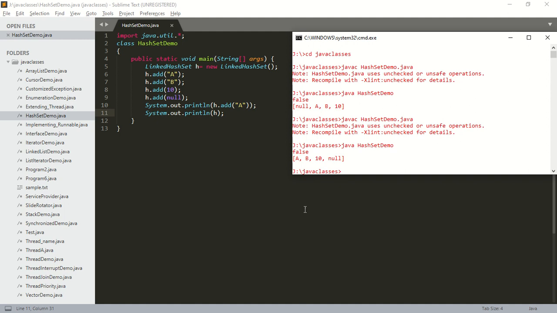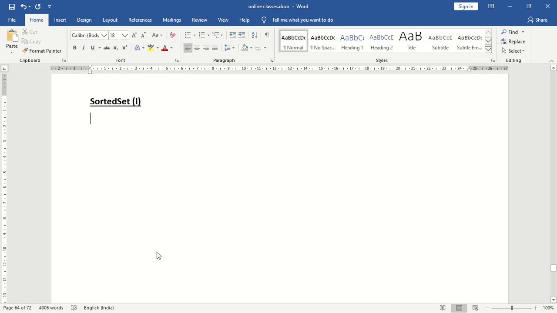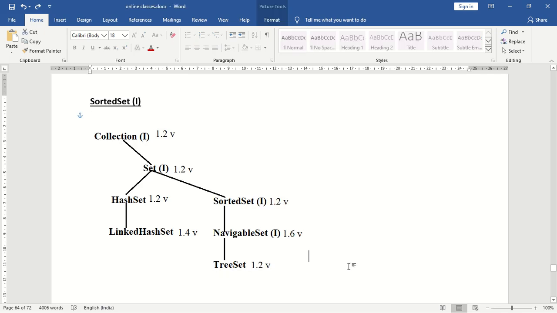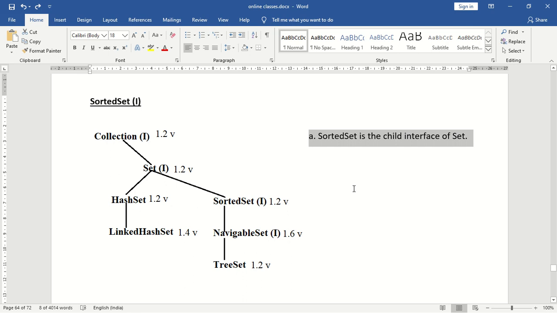Okay. Next we have to see what is a sorted set. So consider this diagram. What is a sorted set? Sorted set is a child interface of set. Next, when should we go for a sorted set?